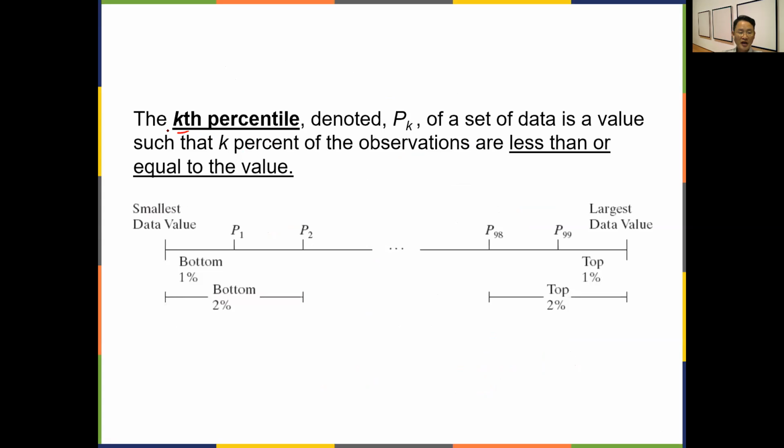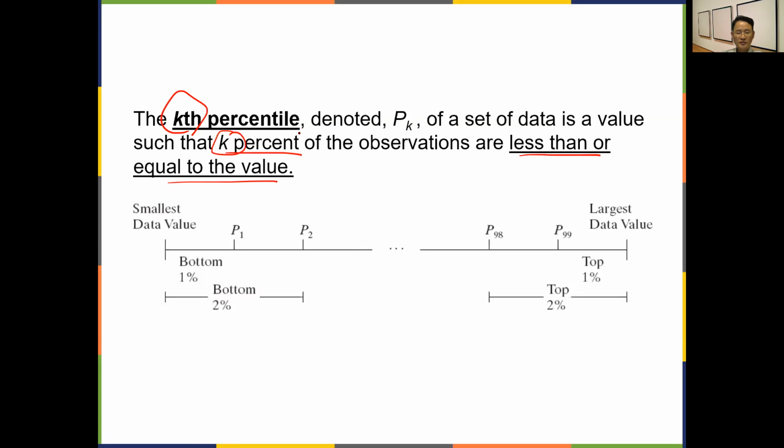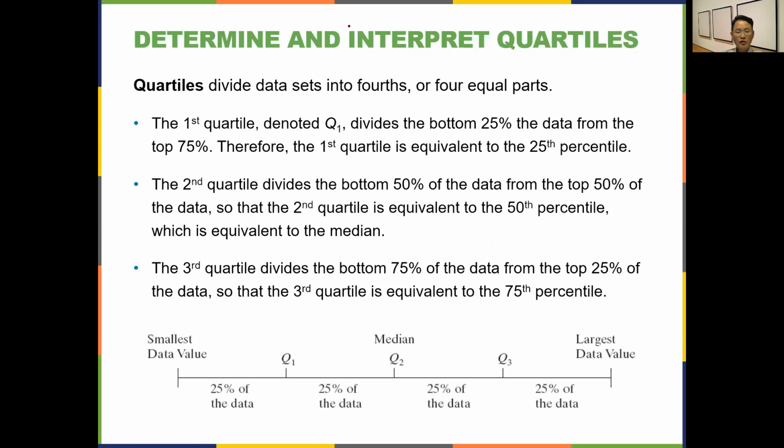So the Kth percentile really means anywhere from 1% to 99%, right? So that K% of the data are going to be less than or equal to your position, right? Less than or equal to your position. That's a percentile. Now, quartile, however,